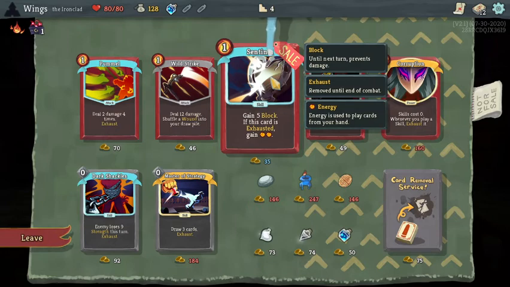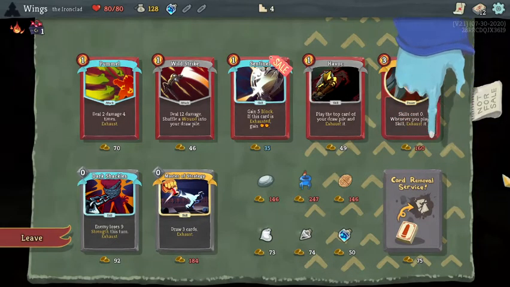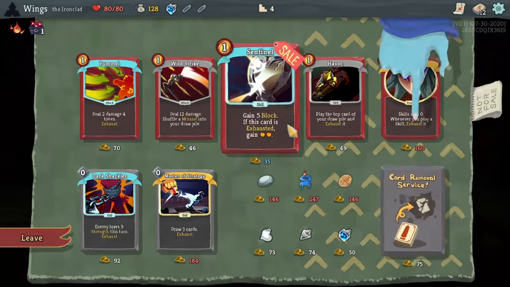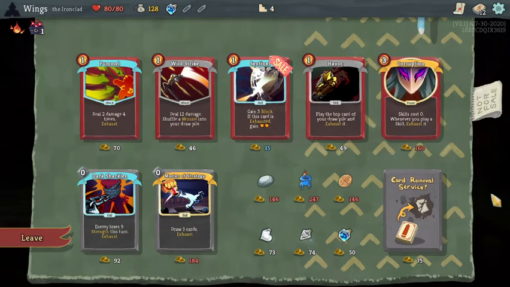Sentinel is a gain 5 block, and if it's exhausted, we get 2 energy. I could see us building a small strategy around this, and you get 3 energy and 8 block when it gets upgraded. That's pretty decent. We just don't have anything to solidify us into going into that route. We could just take it, and it's just a decent card in and of itself. It's just a block with an upside. It's not anything amazing. It doesn't wow me, but